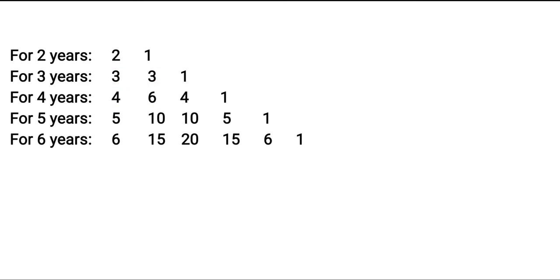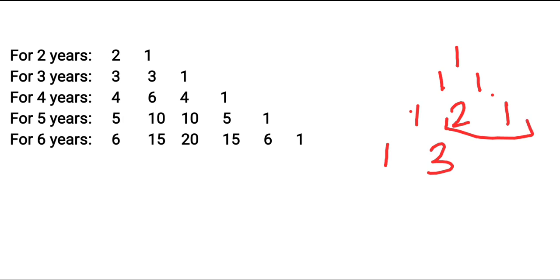Now how is this number series made? This is derived from Pascal's triangle. Even if you want to make these numbers yourself, you can do it very easily. I'll tell you what Pascal's triangle is. First it is 1, then 1 1. Now just write 1 and add these two numbers, you will get 2. Now again write 1. Now again write 1, add these two numbers, you will get 3. Add these two numbers, you will get again 3, and write 1 here.